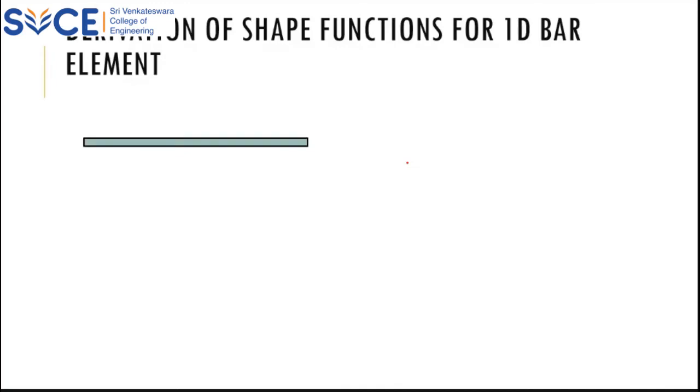So I'm going to consider one element. Let me consider this is element 1, which has two nodal points, 1 and 2. These two nodal points will have displacements u1 and u2. When I apply a force F1, you get a displacement u1. I am not fixing anything, it is free. Similarly, for force F2, your displacement is u2. These are the different types of forces.